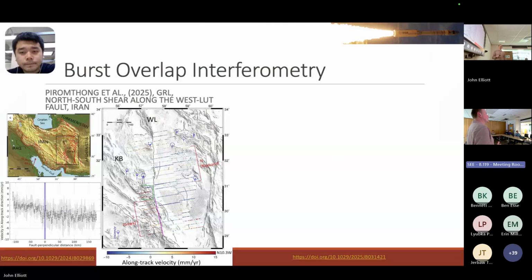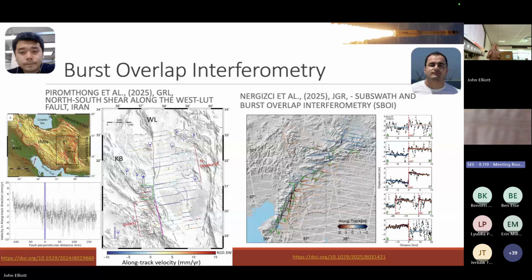Then there's also work on burst overlap interferometry. Here's an example from Iran, from Parwan Paremthong, who is looking at the north-south motion here. Now, InSAR, traditional InSAR is completely blind, or almost blind to that north-south component, as I said earlier. But if you look at the along-track burst overlaps, you can get displacements a bit noisier than with line of sight deformation, but it gives you that third component that we want for many of the faults in the area. And Mohammed's been doing the same with both burst overlap and the subswath in eastern Turkey, being able to capture both the earthquakes and hopefully the long-term interseismic,